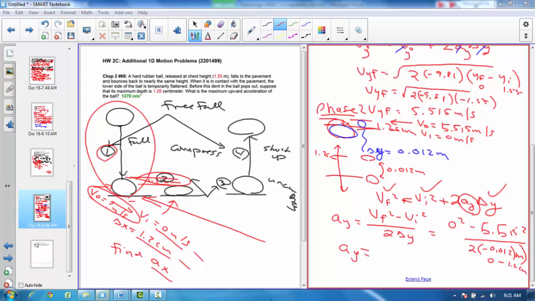Now all we do is crank out the math. I'm going to take my last answer out of my calculator, square it, and then divide by 2, and then divide by 0.012. And I get 1267.25. So the 3 significant digits